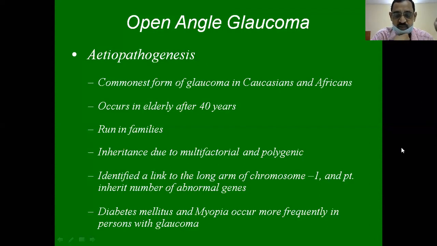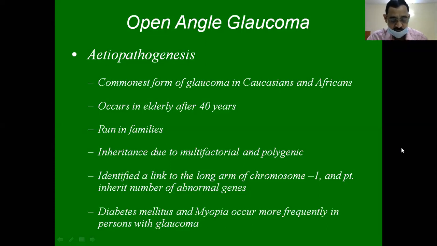Family history will be there in most of the cases. Approximately the risk factor is about 10% for the siblings of a patient who had primary open angle glaucoma, and about 4% for the offspring of the patients who had primary open angle glaucoma. It has polygenic inheritance. Approximately a dozen loci are identified, but only 3 loci are cloned. And they are myocilin, optineurin, and WD repeat domain 36 or WDR36.